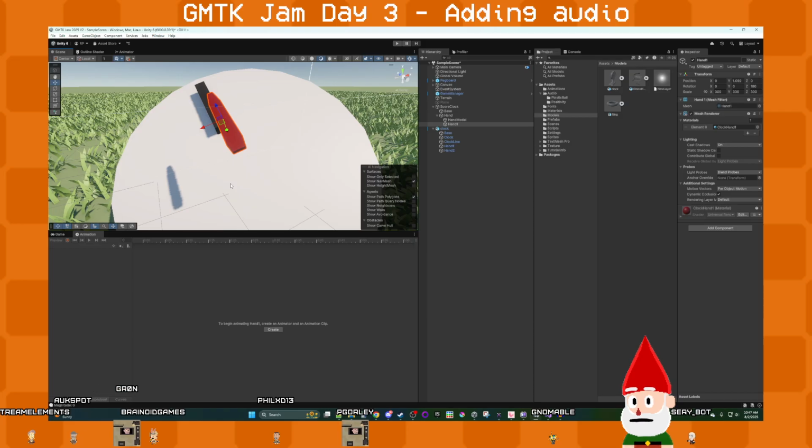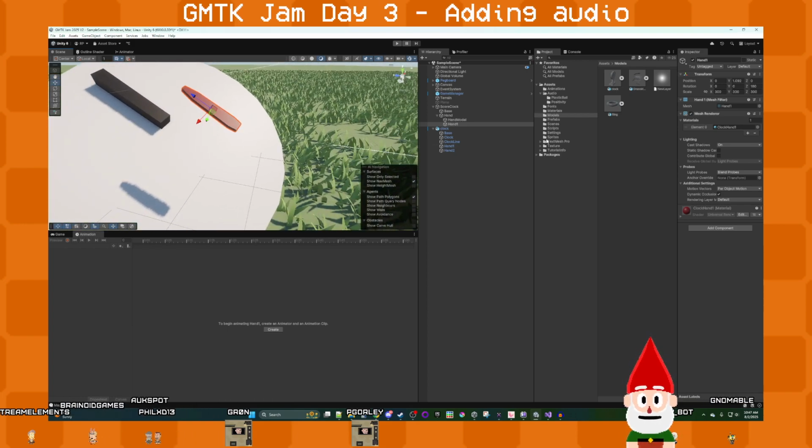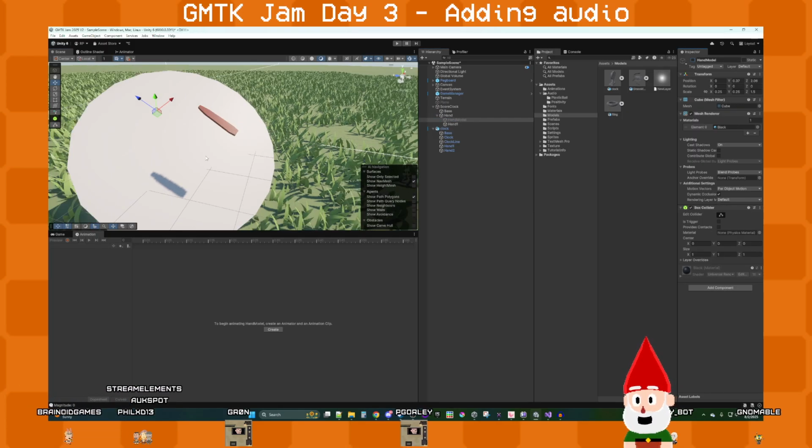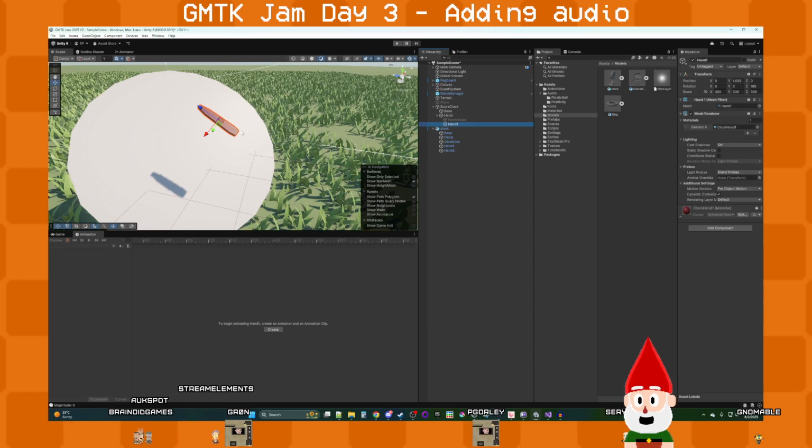Time to start day 3. GMTK ends at 6 p.m. tomorrow. On the agenda, tiles and UI, with a big behind schedule above it all. Well, yeah, I was intending for this to be a roguelike, but I don't think I'm going to get to that point. It's just going to be a